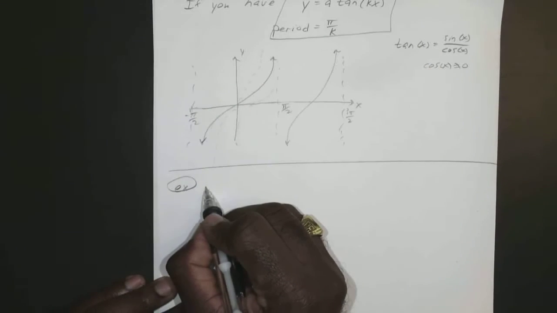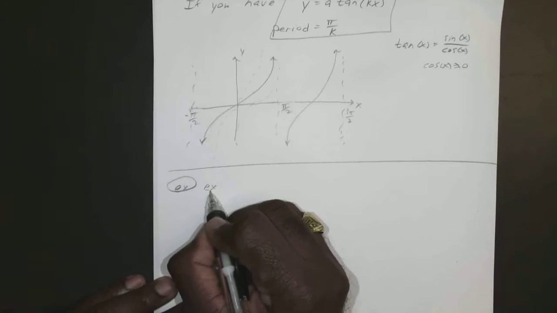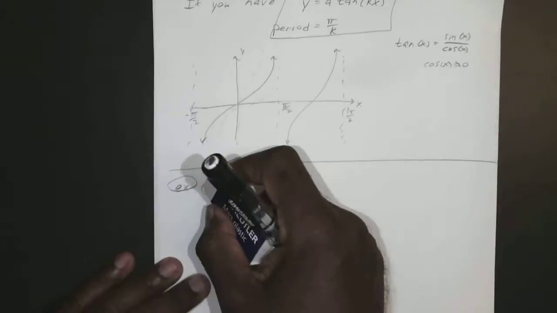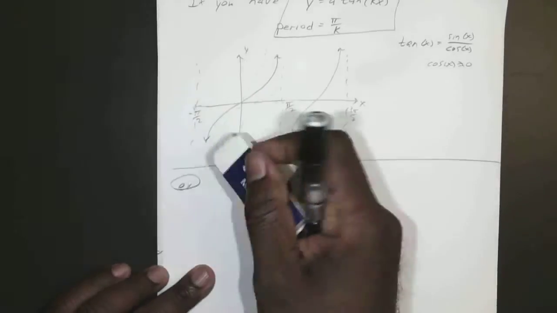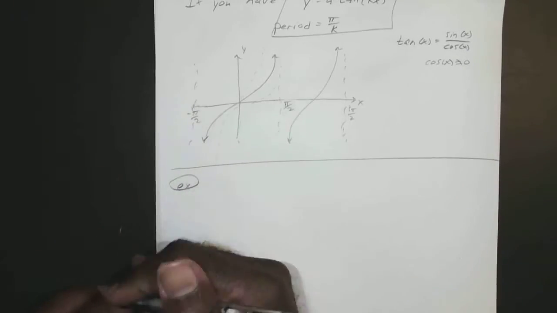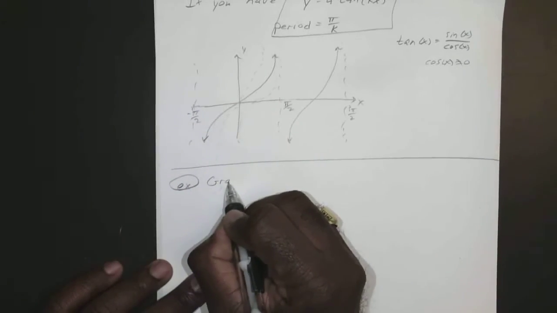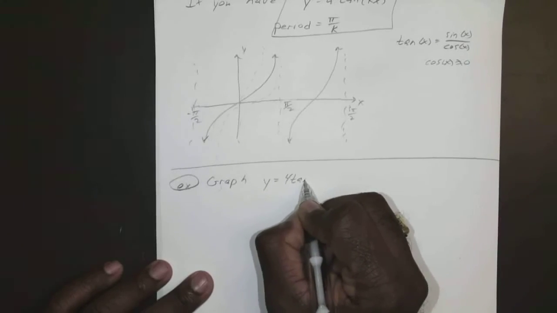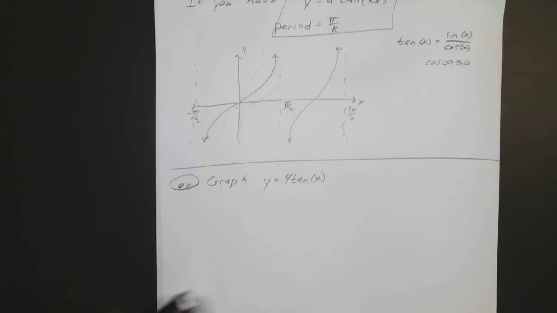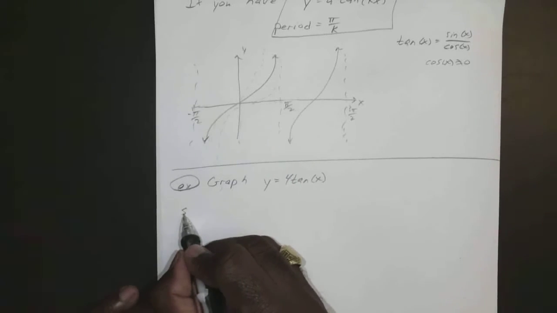So let's say, for example, if we wanted to graph y equals 4 tangent of x. Okay, so if we want to graph y equals 4 tangent of x,